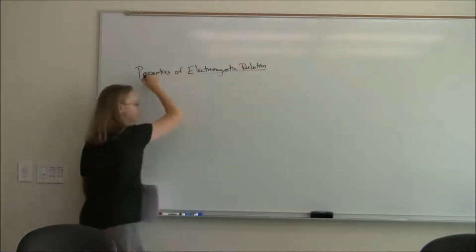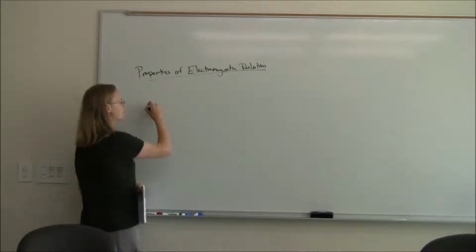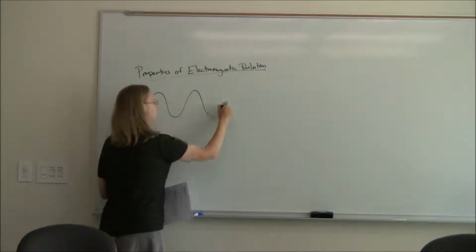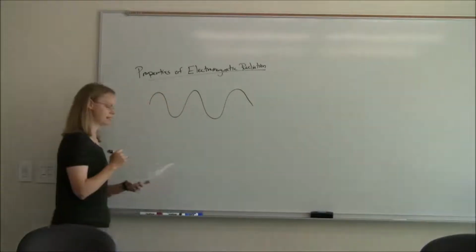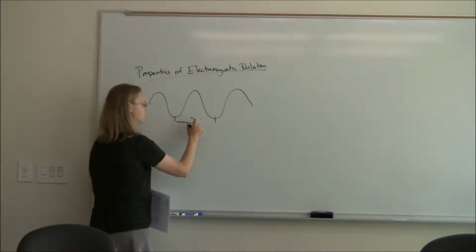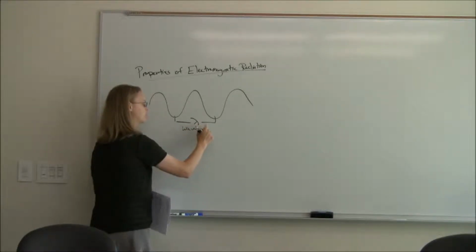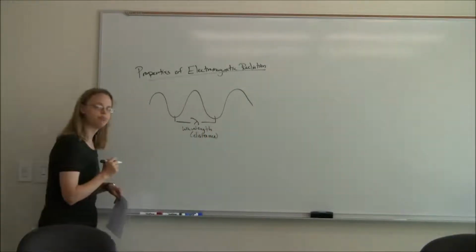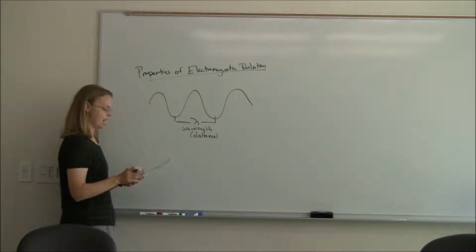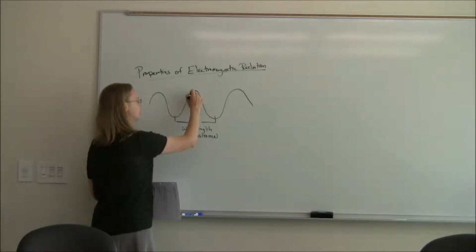properties of electromagnetic radiation. Hopefully these are things you know, but let's think about it. Now we can describe light as a wave. We can describe it as a sine wave, and if we do that, the distance between two waves is the wavelength. And so this would be in some sort of distance unit, centimeters, nanometers, meters, whatever, depending on what kind of wave you have. And so, we can also look at the amplitude